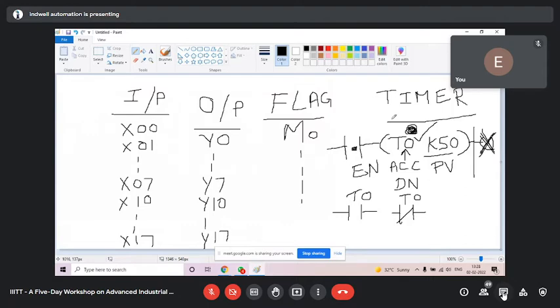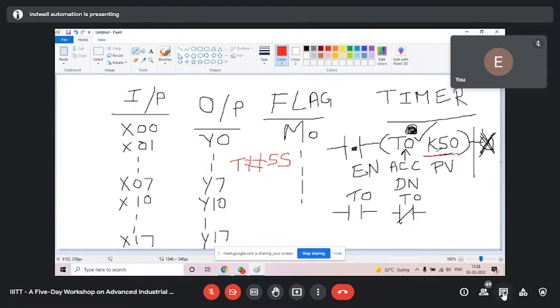Okay, so you said you did not understand about K50. Don't be confused. This K50 is the preset value. In CODESYS, you had written T hash 5S. In Mitsubishi, for 5 seconds, you will have to write 50. Whatever you want: I want 10 seconds, what shall I write?